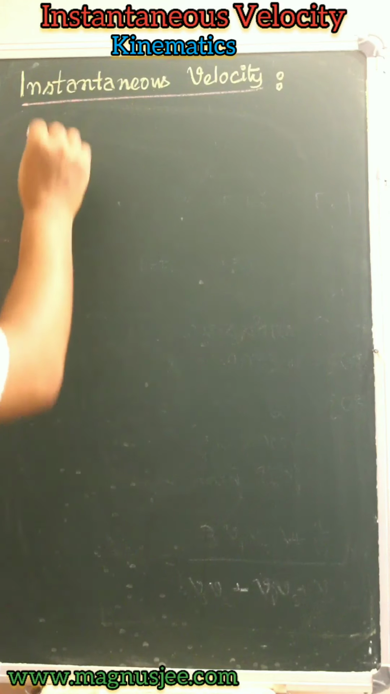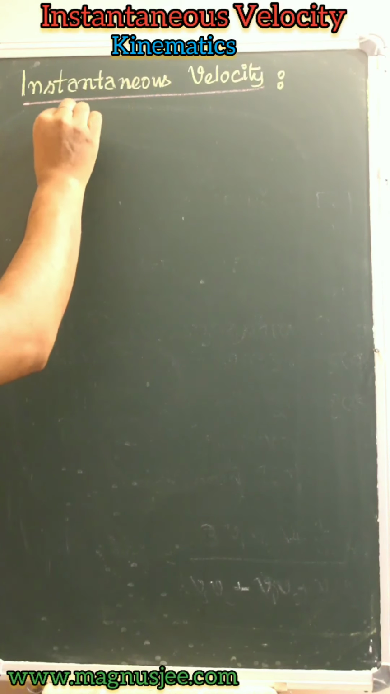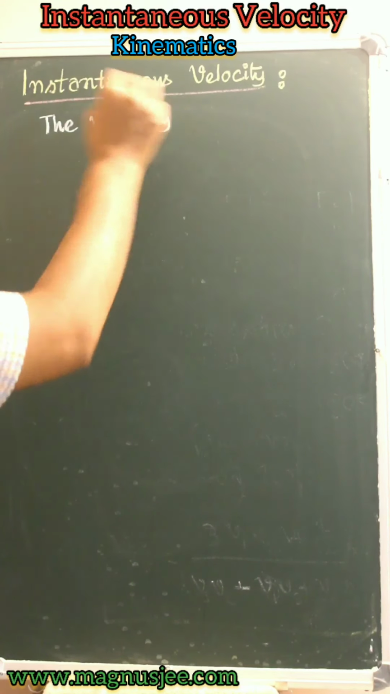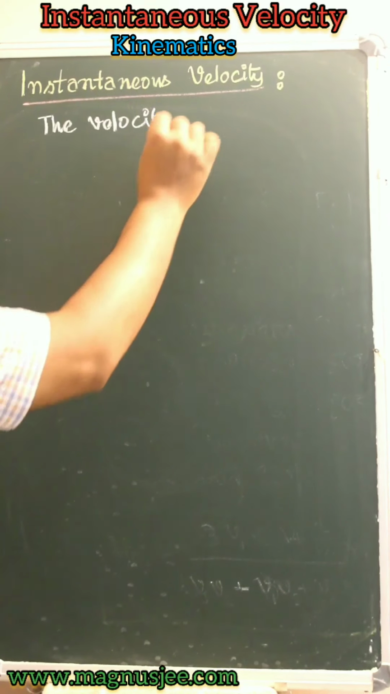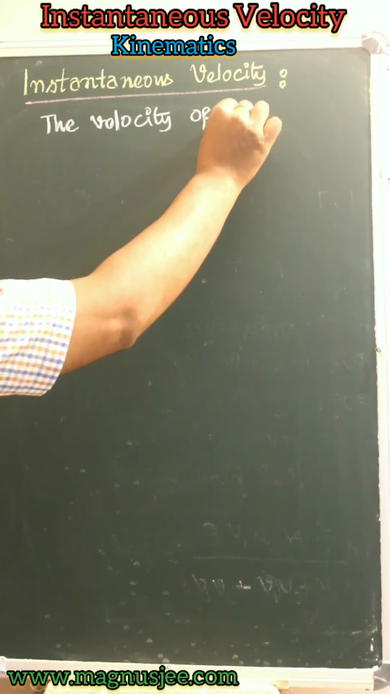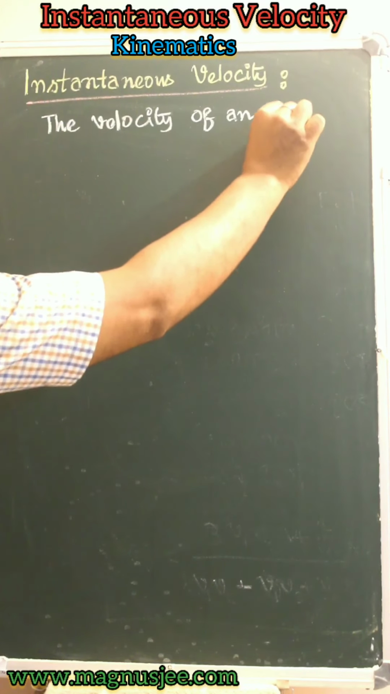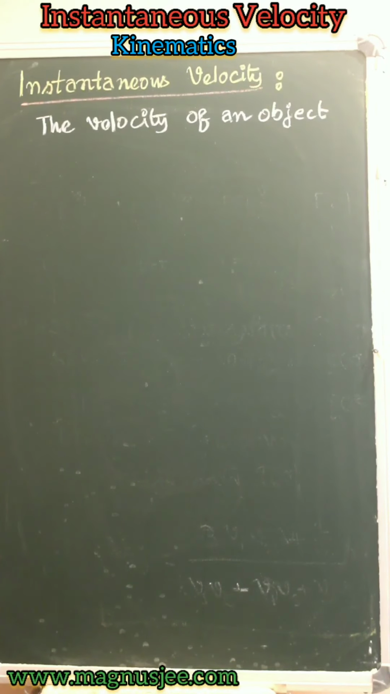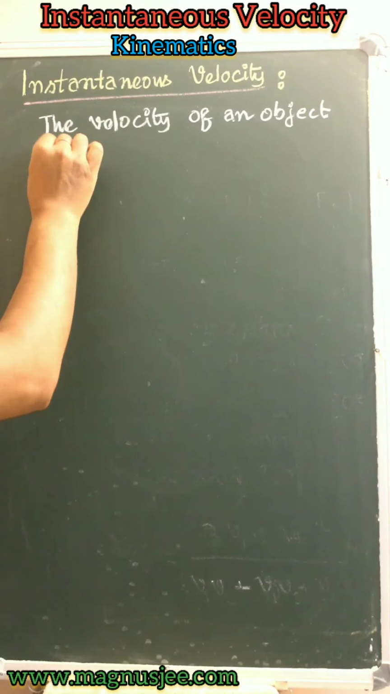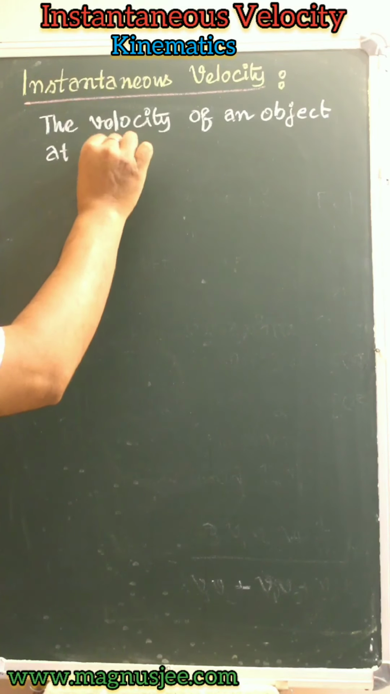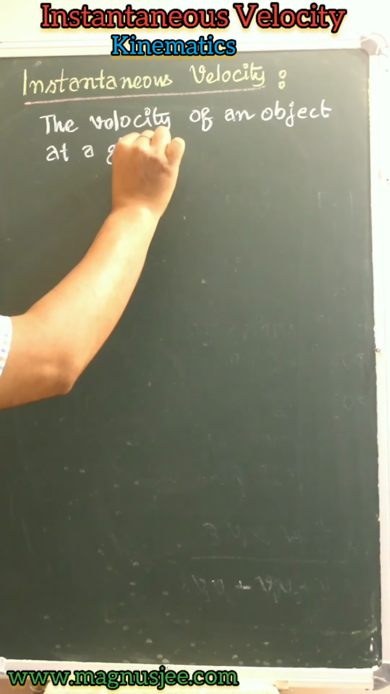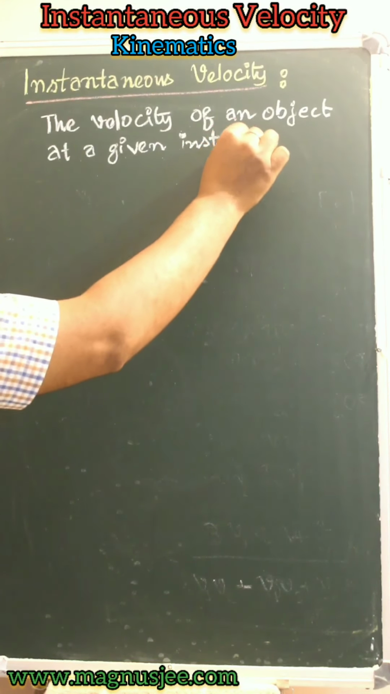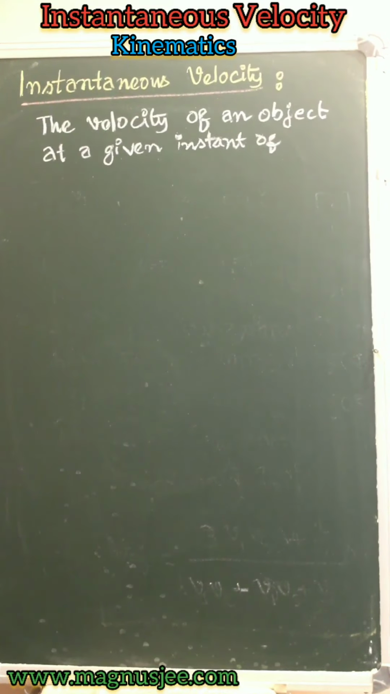Instantaneous velocity. The velocity of an object at a given instant of time,